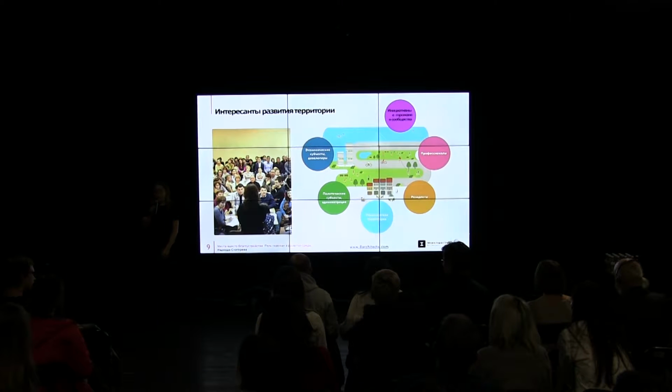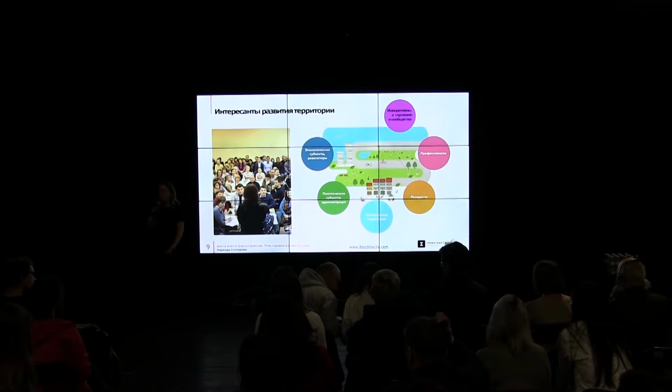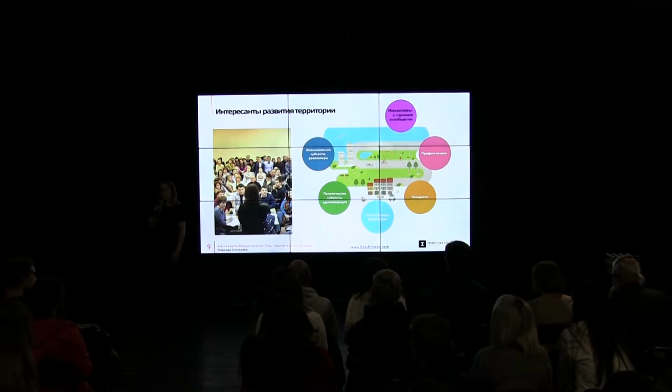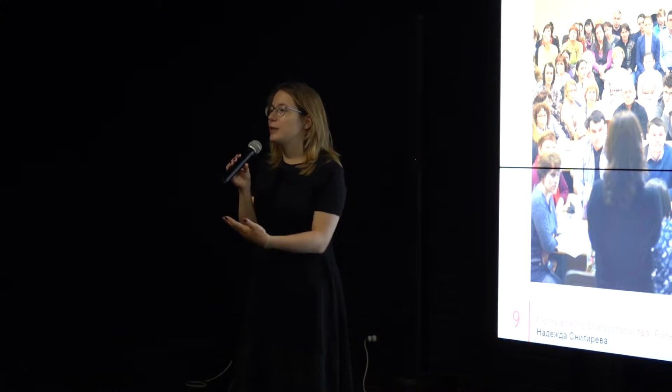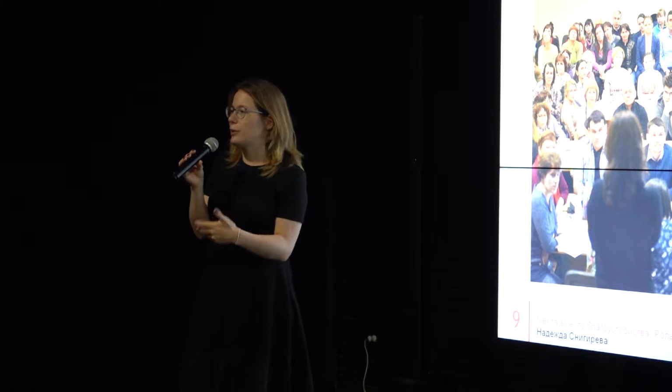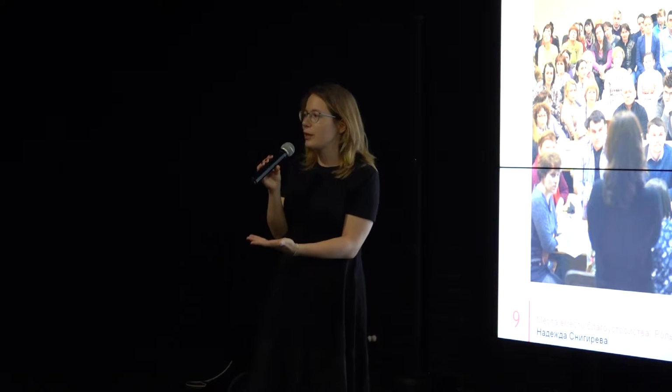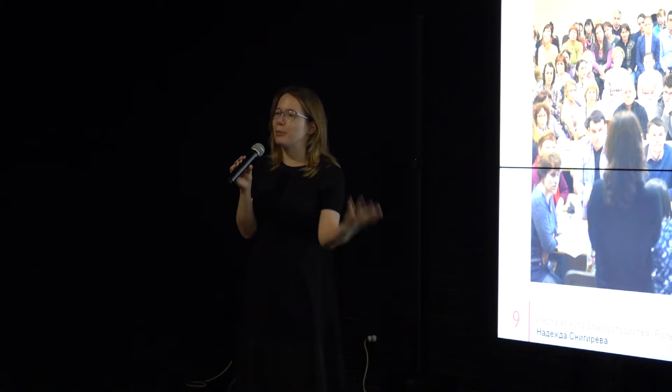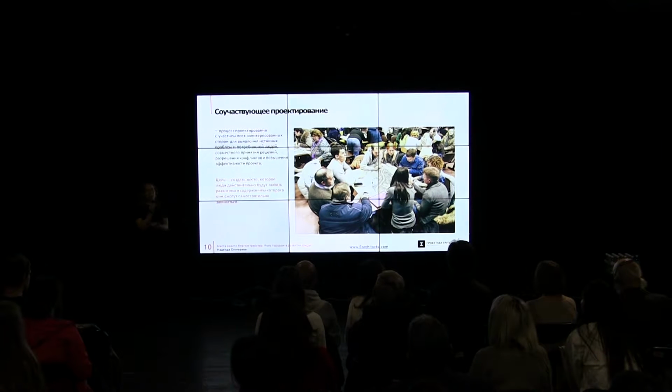Plus there are economic subjects who own land, who have an interest in building something next to the public space, who have an interest in investing resources or creating new business or new jobs. So this is a very approximate model that we use, but this is how we try to understand the interests